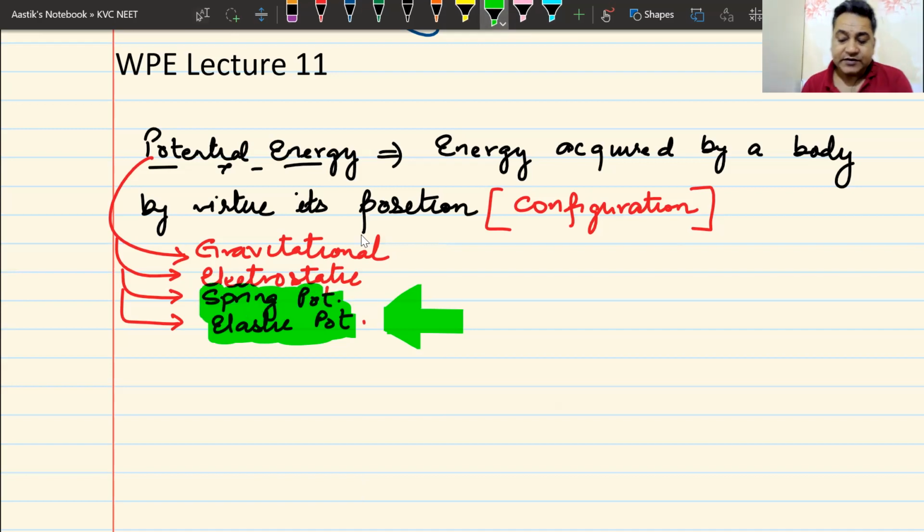So spring potential energy we are going to cover here in this chapter, and the other one is known as gravitational potential energy. So these are the three energies that we will be dealing with in this class. Electrostatic energy would be done in 11th standard, but everything is pretty simple. Same. If you understand one energy, you should be able to understand the other energies, and that is why I'm spending so much time. If you can understand gravitational potential energy, you will be able to understand electrostatic potential energy